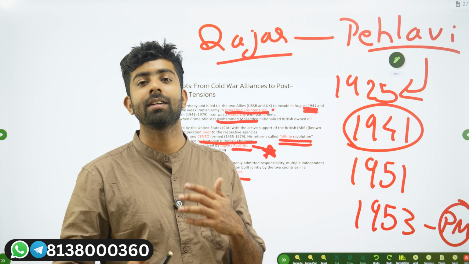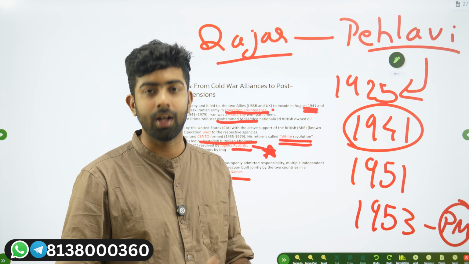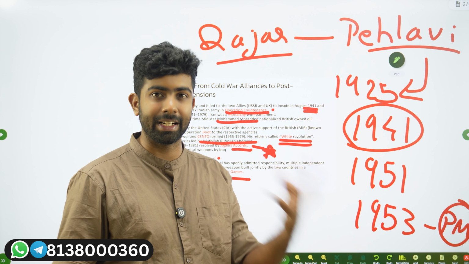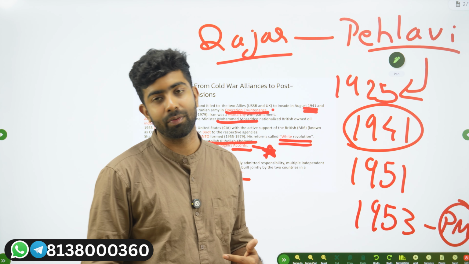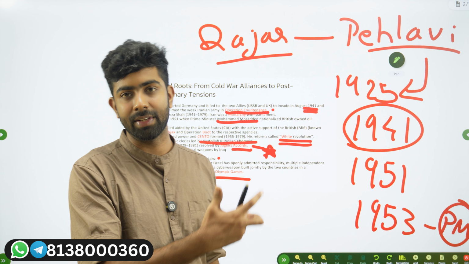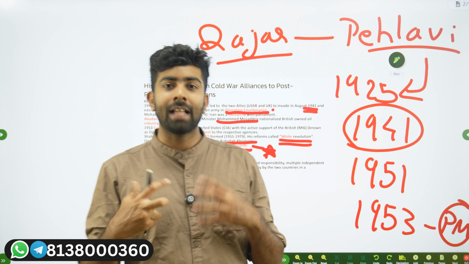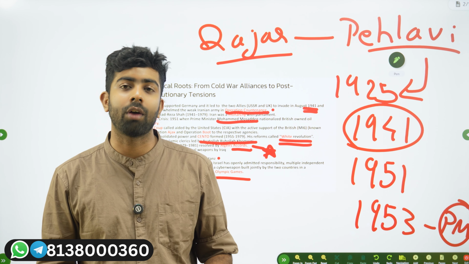Then 9/11, nuclear development by Iran with the help of Russia. Then Operation Olympic Games, a targeted cyber attack against a nuclear facility at Natanz. And then you had a lot of recent events, from the Arab Spring and all those things. So that's all in this session regarding the history of the conflict.